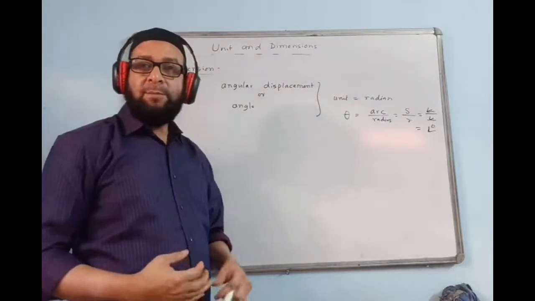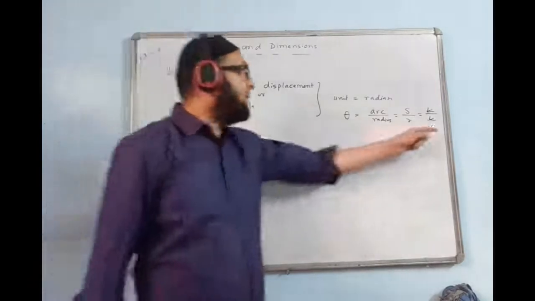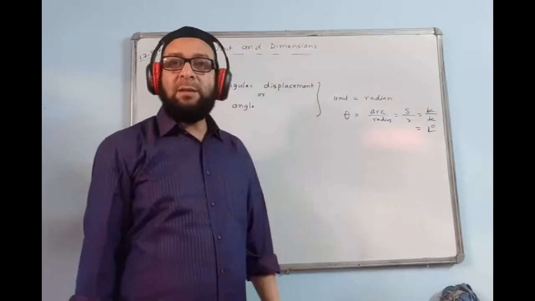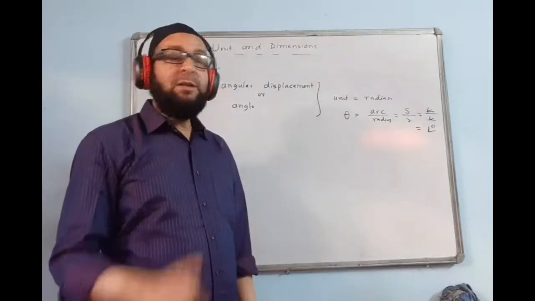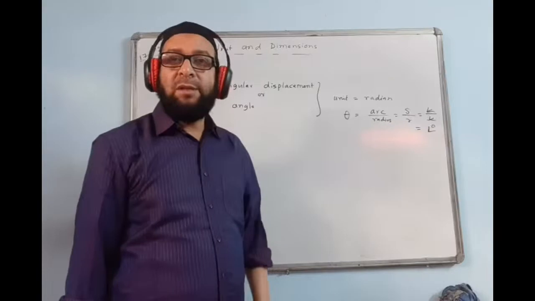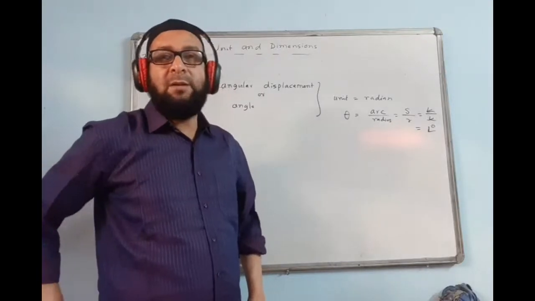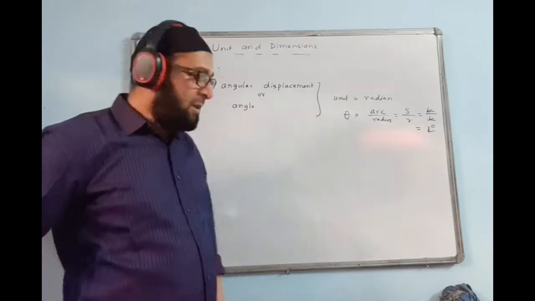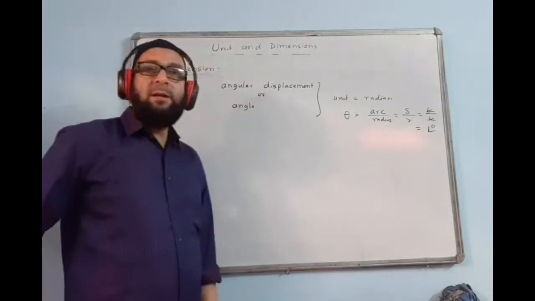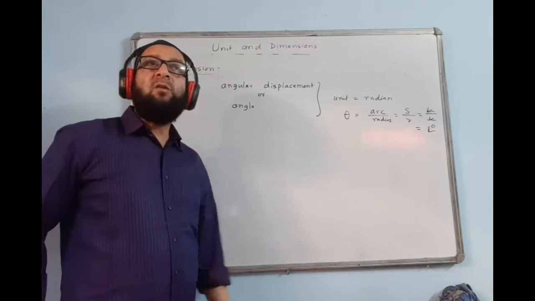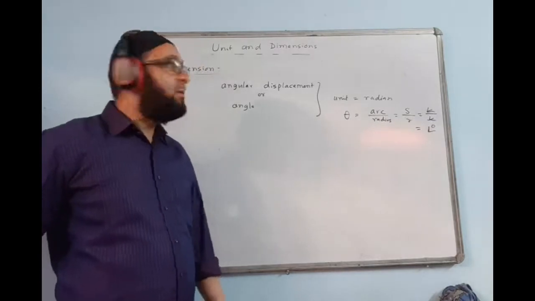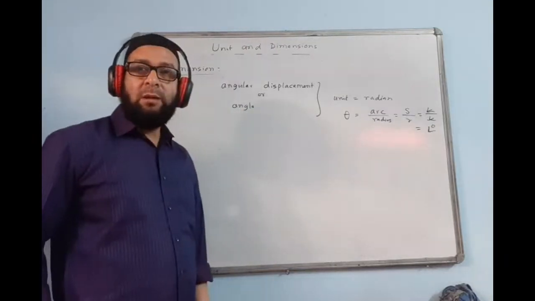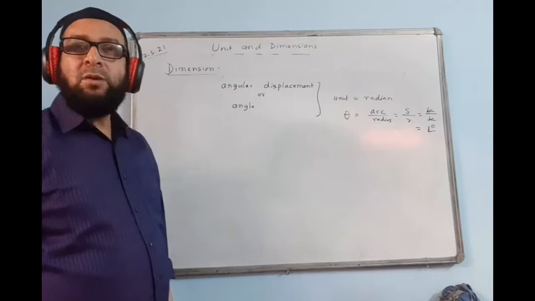Dimension is power. How much power is coming here? 0, no? We can write M0, L0, T0, all 0. That means it doesn't have a dimension. So this is the only physical quantity in physics which has a unit but no dimension. This is an exceptional, unique example. There is no other such quantity. So remember it. If a question comes, name a physical quantity which has unit but no dimension, the answer will be angular displacement, or you can just write angle. Any one of these will do. Okay. Understood?